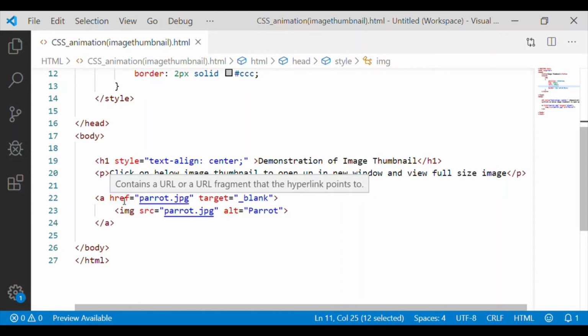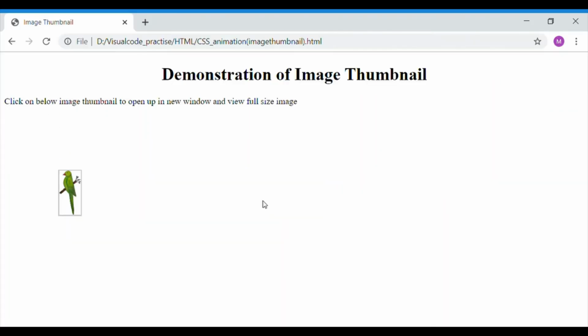So image is enclosed within the link href and we have given target as _blank, which will ensure on clicking the image the link will open in a new page. Now let us see the demonstration in our Explorer.